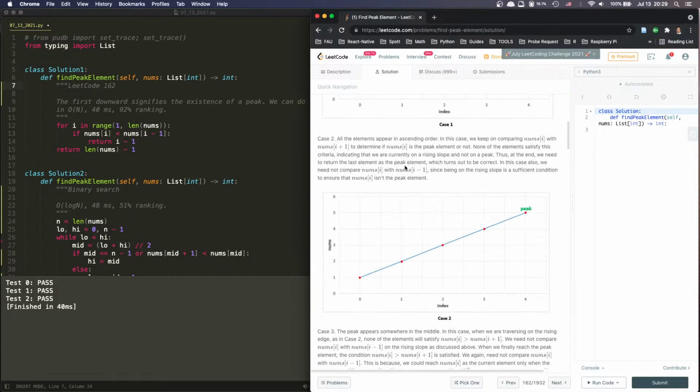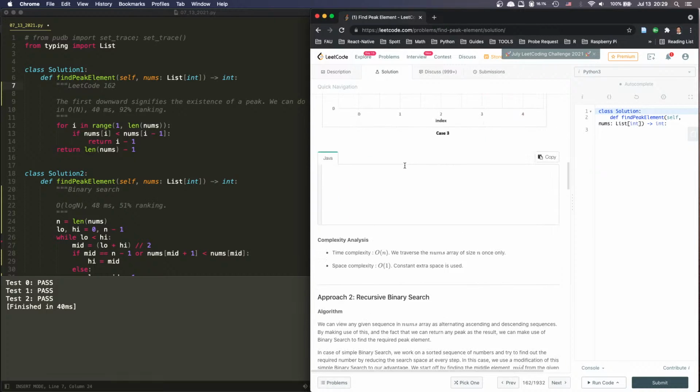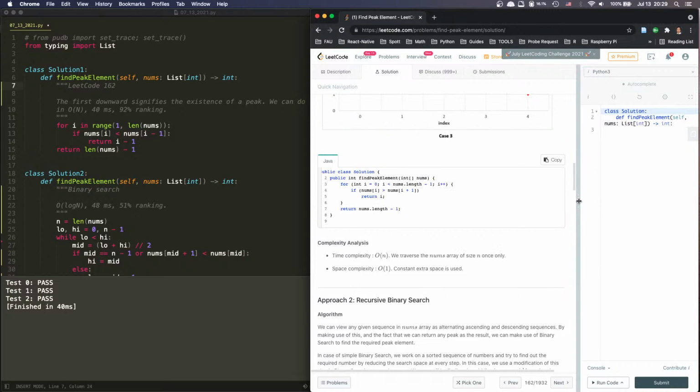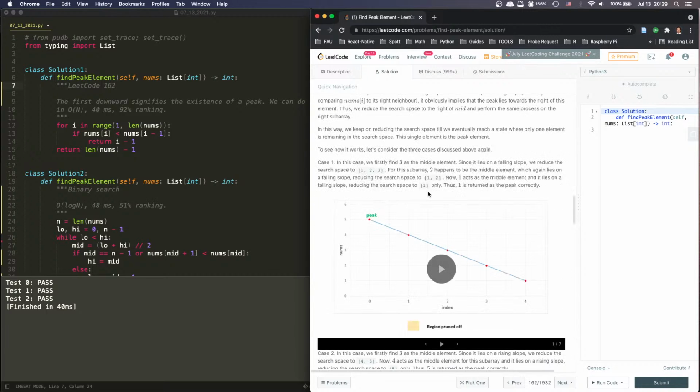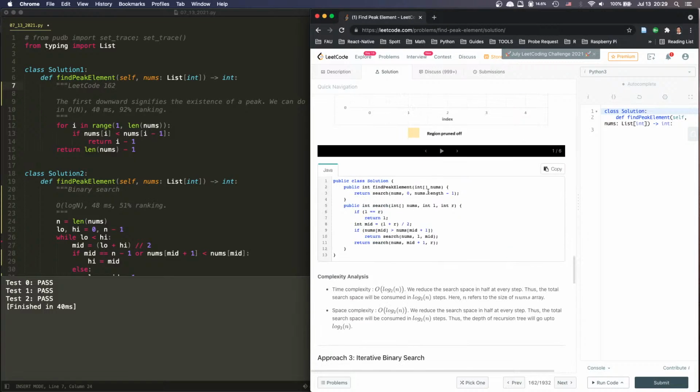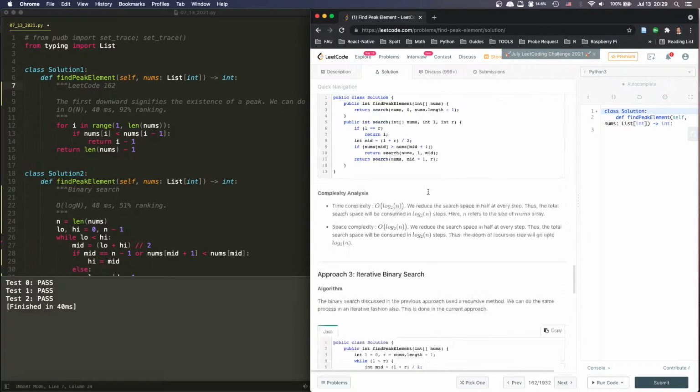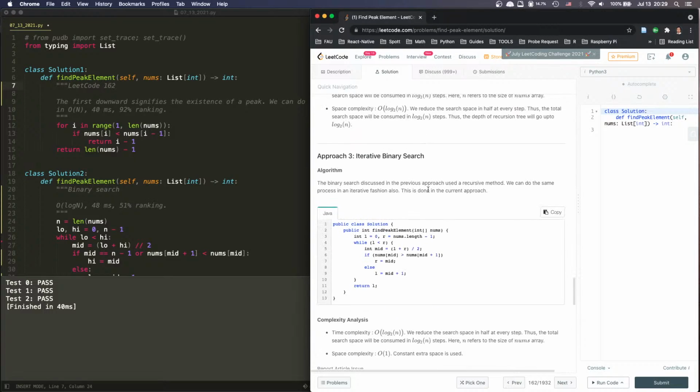Linear scan, O(n). Yep, that's that. Binary search, recursive. Iterative. Let's see. Middle, if middle larger than,